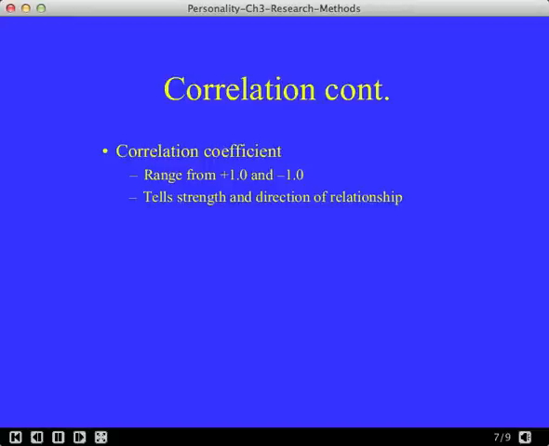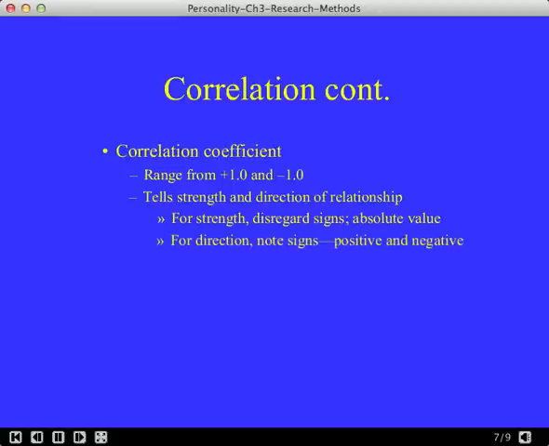The plus and minus signs show direction of the relationship. So when you're looking for direction, note the signs in the correlation coefficient. Positive correlation: two factors of a relationship vary in the same direction. They either both increase together or they both decrease together. For example, years of education and average annual earnings, calories consumed and amount of weight gained.